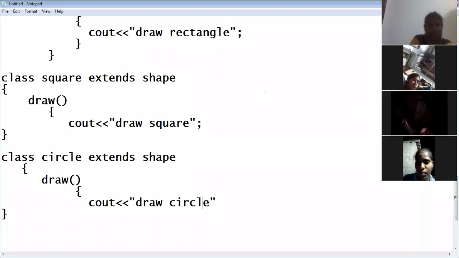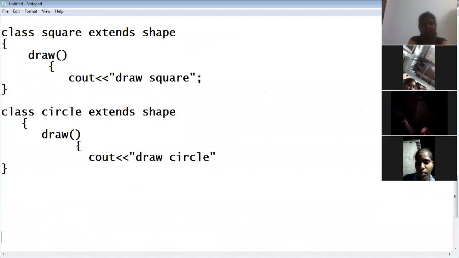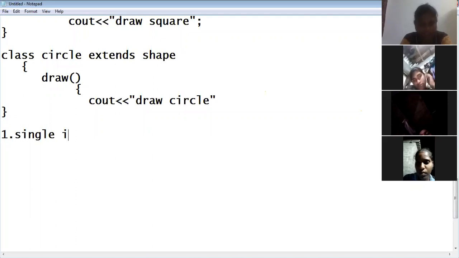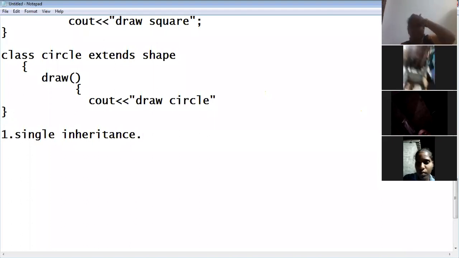This is about inheritance. Also here we have different kinds of inheritance. First, single inheritance. What does single inheritance mean? If a subclass is derived from only one parent, then it is called single inheritance.